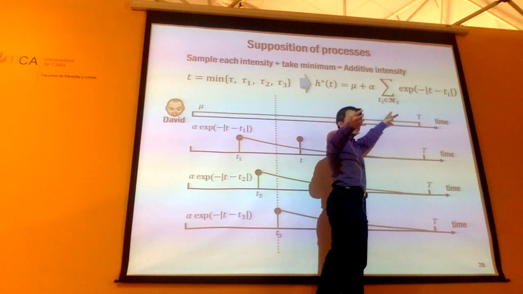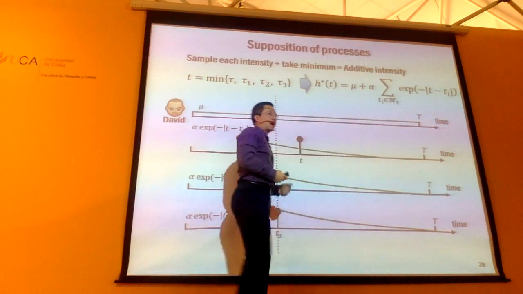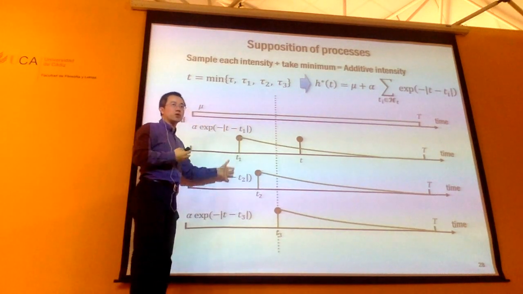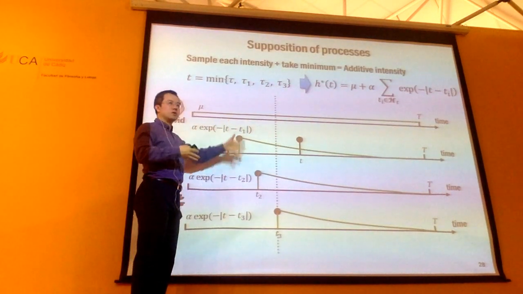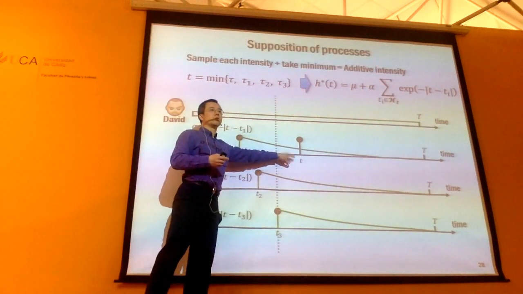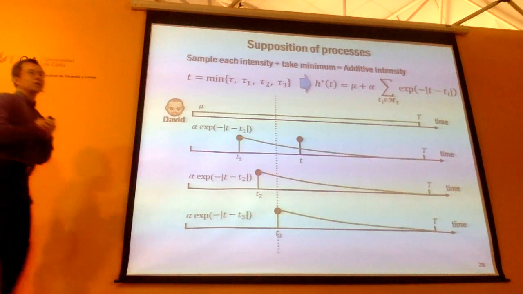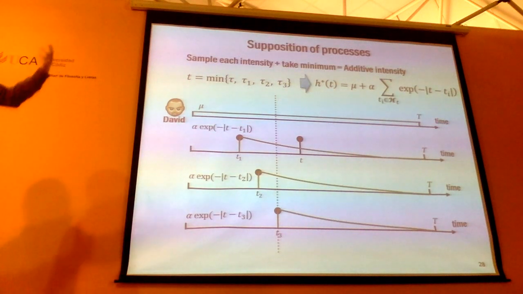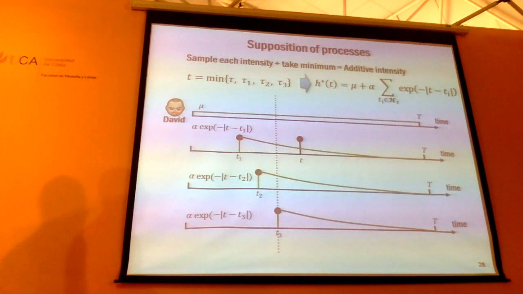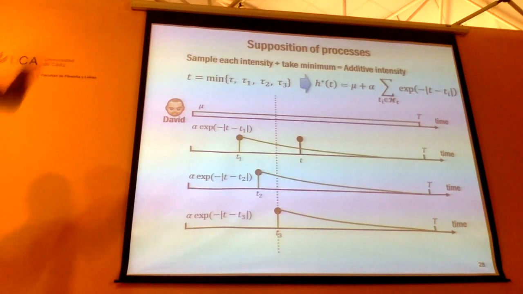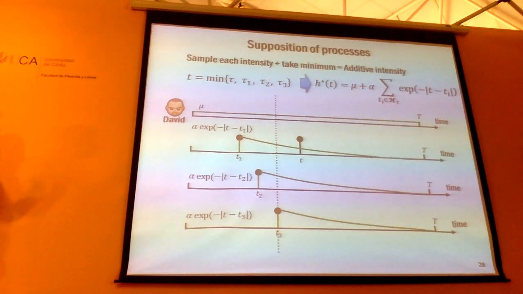So the actual assumption you're making for this process is that there are several independent processes. They're going to be sampled according to their own intensity functions, and after that, you just take the minimum. Okay? So this is a very useful way to model the spread of information or the adoption of an idea. Suppose you are following a few people, right? And then both of your ancestors in this graph, or the people you're following, already have the idea.